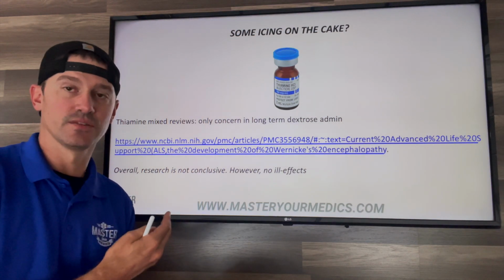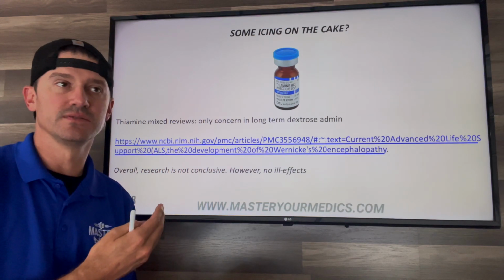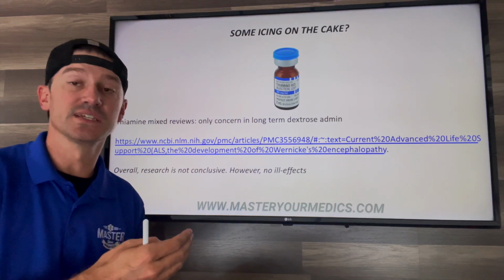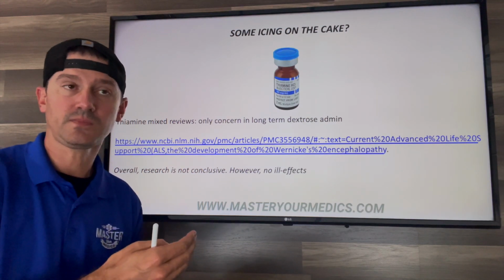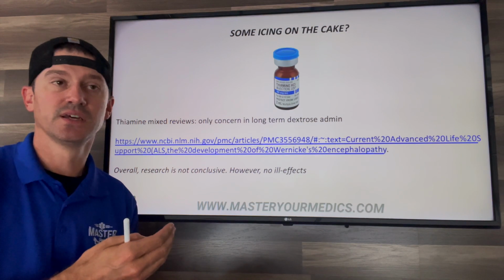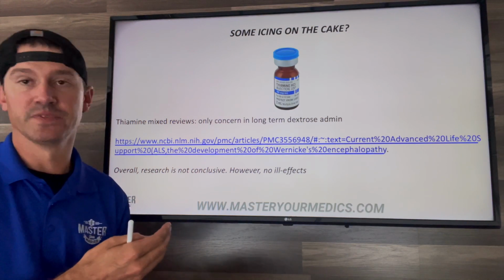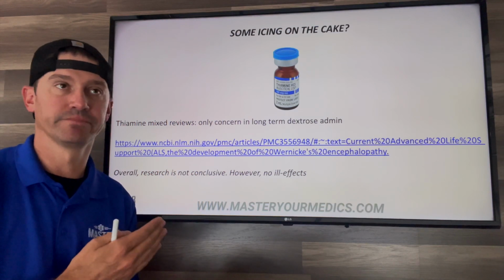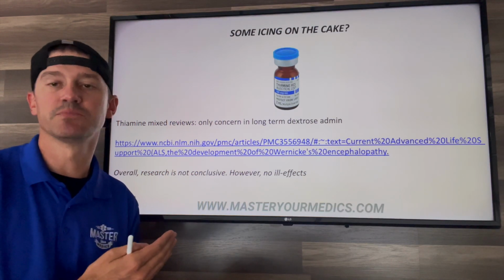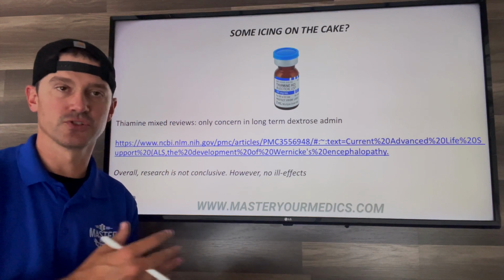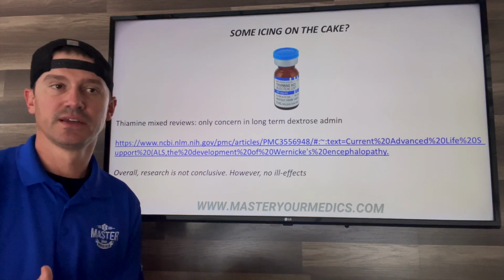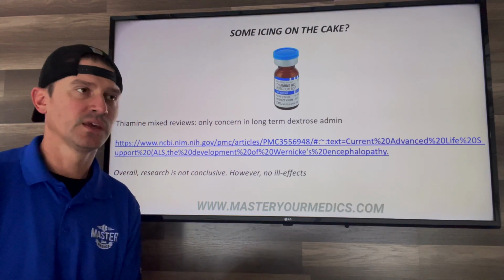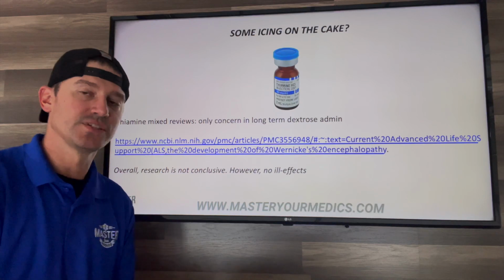It also states in there, however, that there is not necessarily anything to indicate that it is detrimental to give thiamine prior. In all cases that have been studied of Wernicke's encephalopathy, which is ultimately rare, some studies show less than 10% of cases of dextrose being given in hypoglycemia result in Wernicke's or neurological issues happening. But however, the research says that